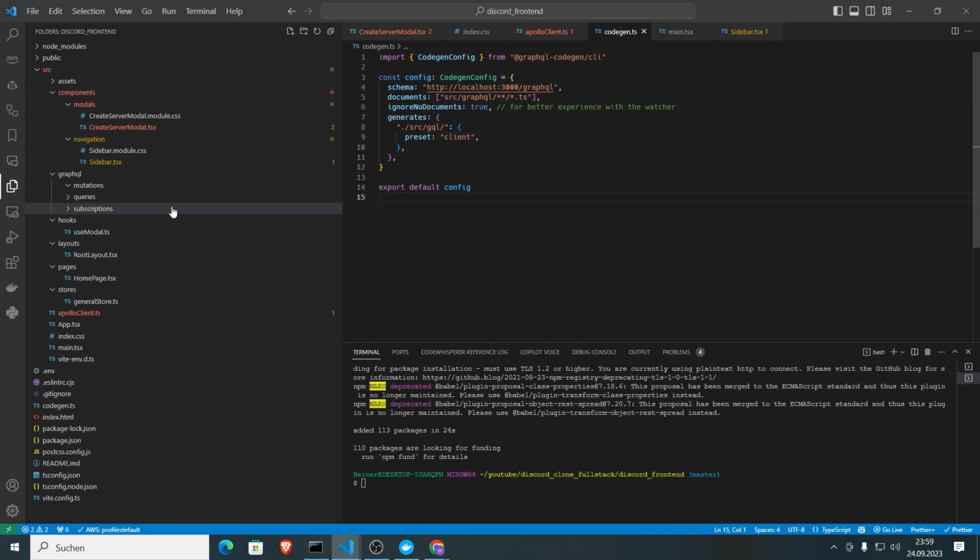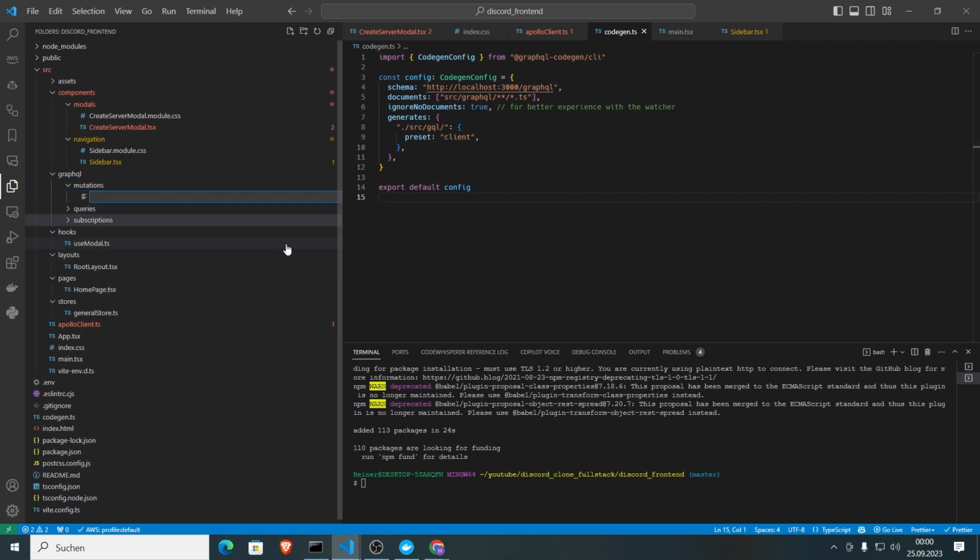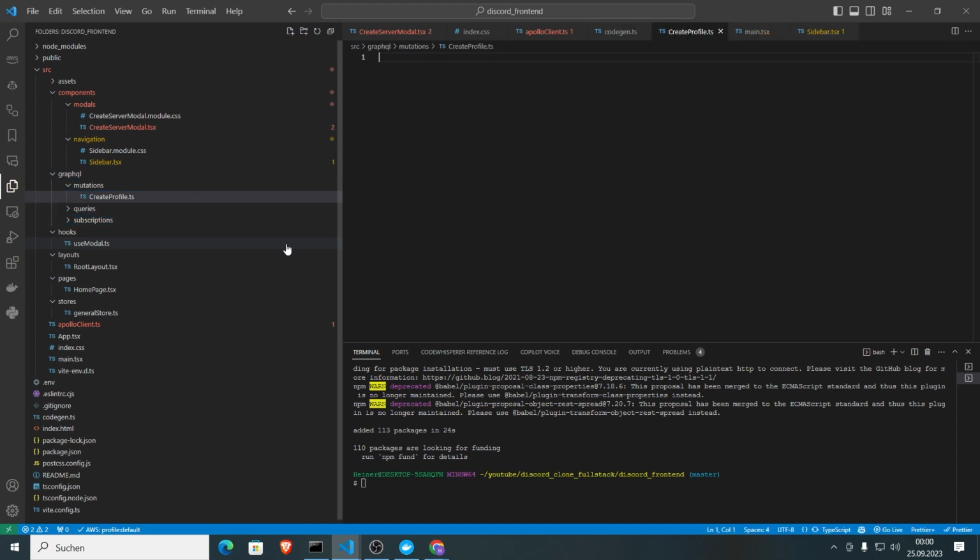And now let's start to create our first mutation. And maybe, yeah, let's put it in here. And we name it createProfile.ts. Let's import gql from Apollo client. Then let's say export const createProfile, or uppercase. This is just a convention. You don't need to do it like this. And now let's use the gql template string like this. And in here let's say mutation